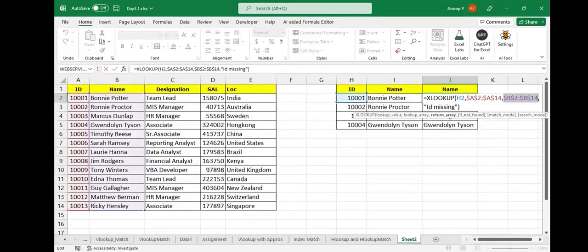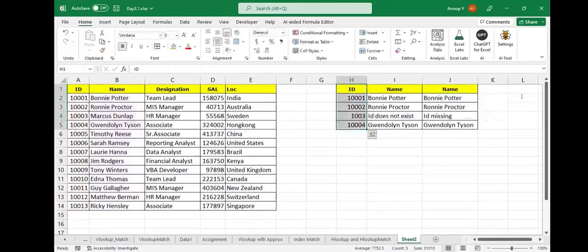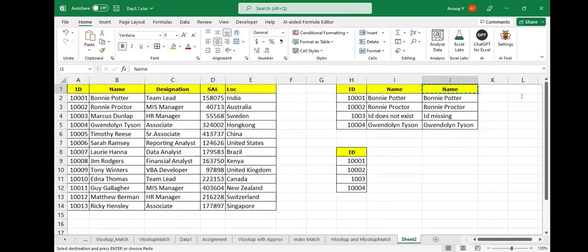So see, I have not selected the whole table as a table array. I have not selected this one, right? For example, okay, I'm showing this to you, the complete XLOOKUP in a different way. Like here, I say I need these two on the basis of